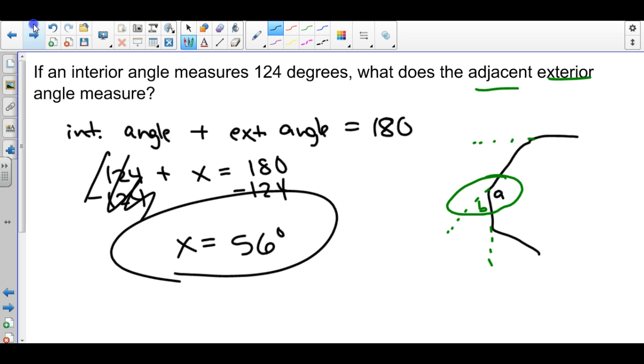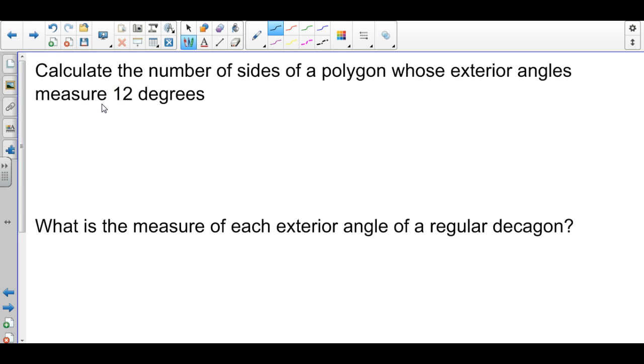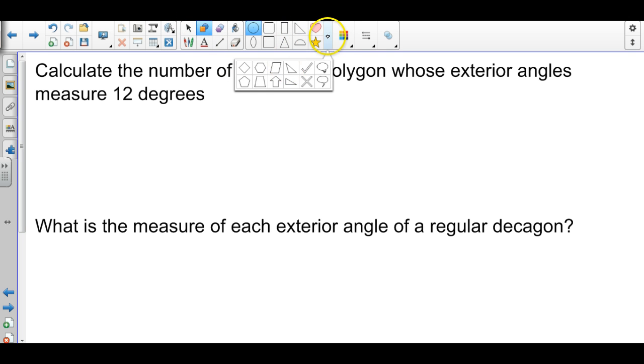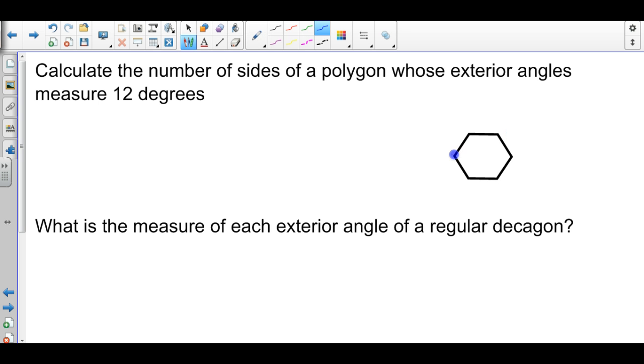So then in the next problem, we're going to talk about more of the exterior angle measures. And this time, I'm going to give you a concept, because I think these are the last problems. So the last concept is that if I take a random polygon down here, do I have a pentagon? No, I have a hexagon. Let's use a hexagon. If I take a hexagon and I make the exterior angles with all these marks,